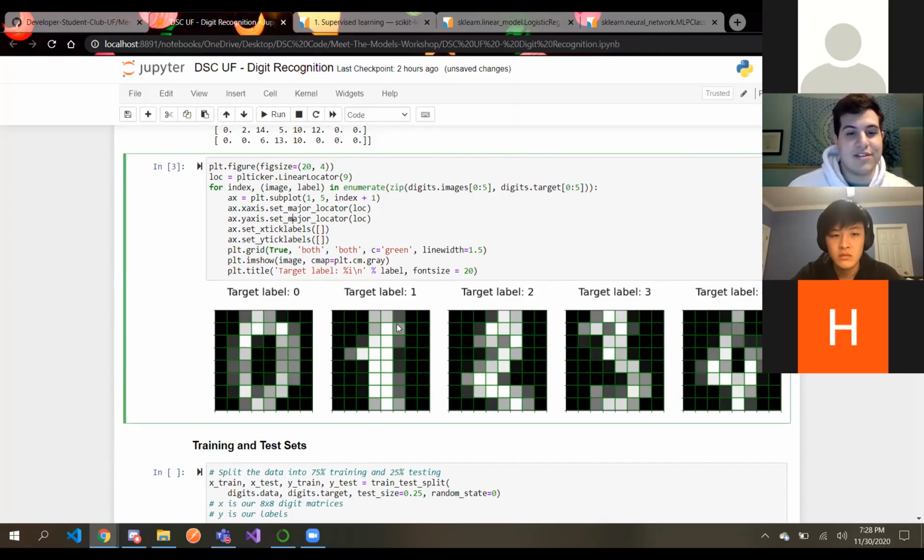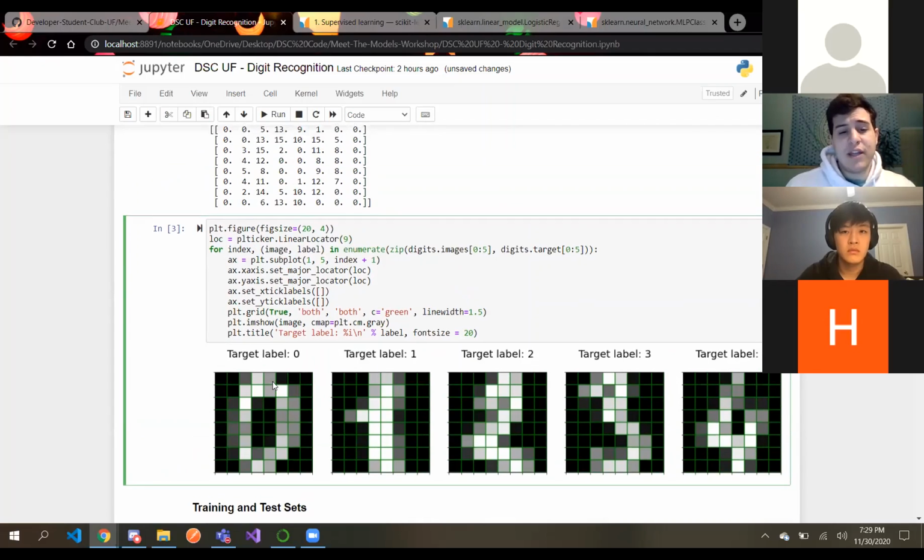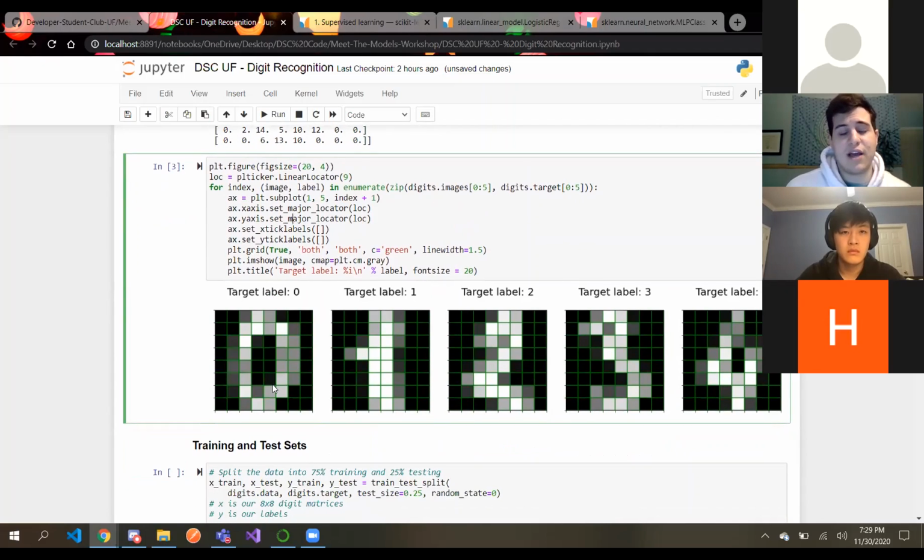This is labeled as 0, 1, 2, 3, 4. I'm sure if you look at it yourself, you can see that. But if you really think about it, how would you know that? I mean, we can recognize it, but that's because we have eyes. How would a computer actually recognize it? So I split it into pixels because